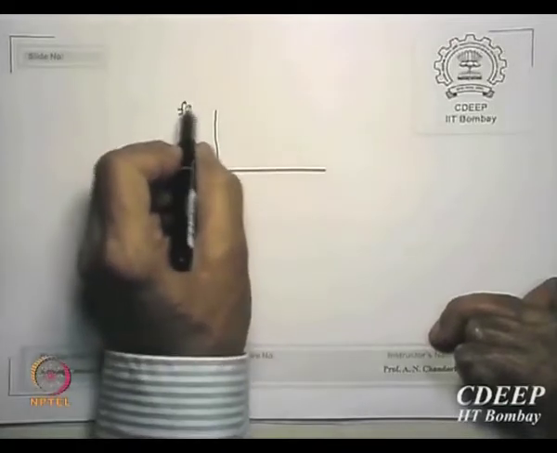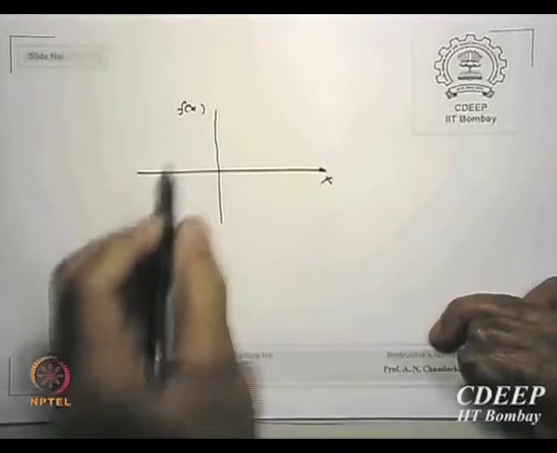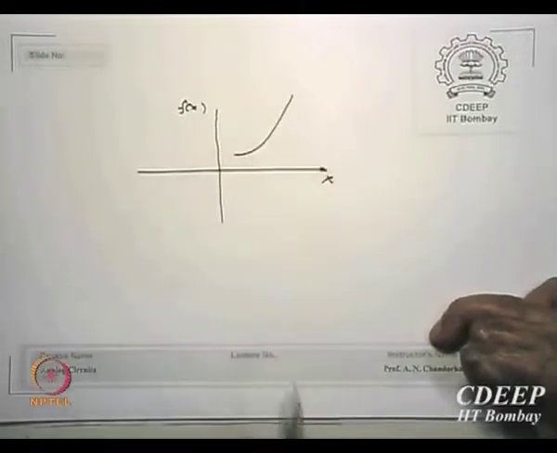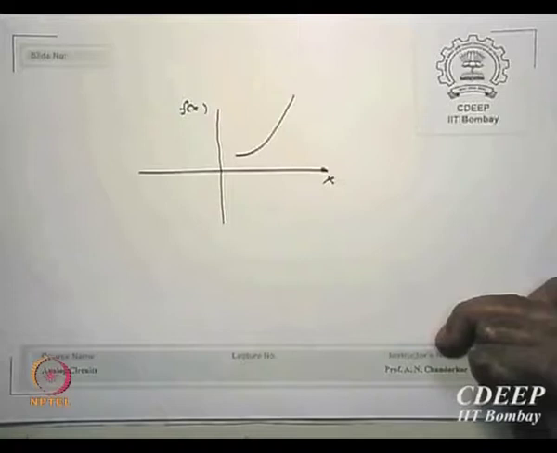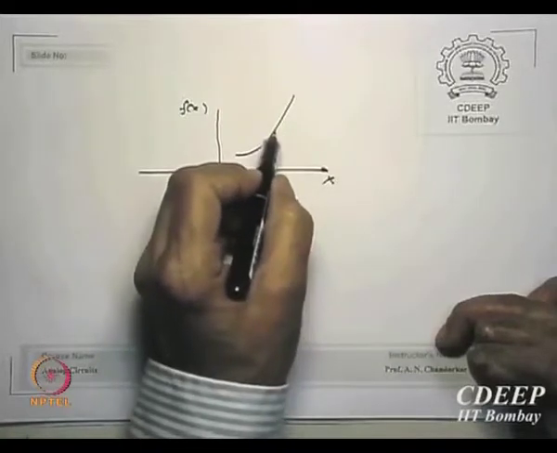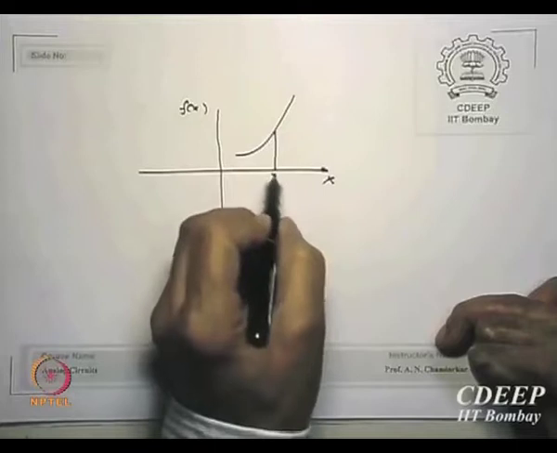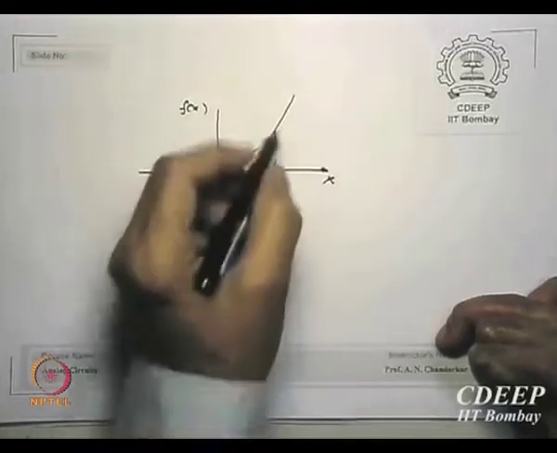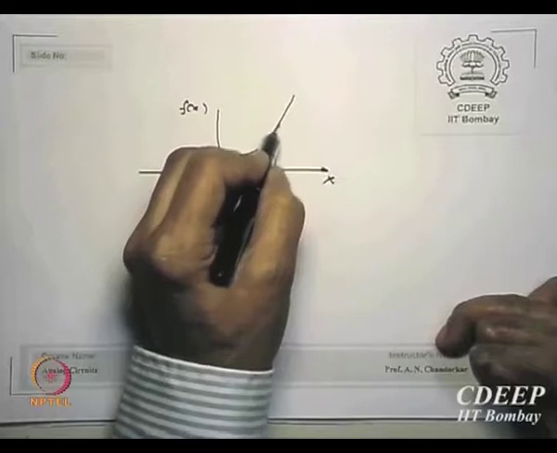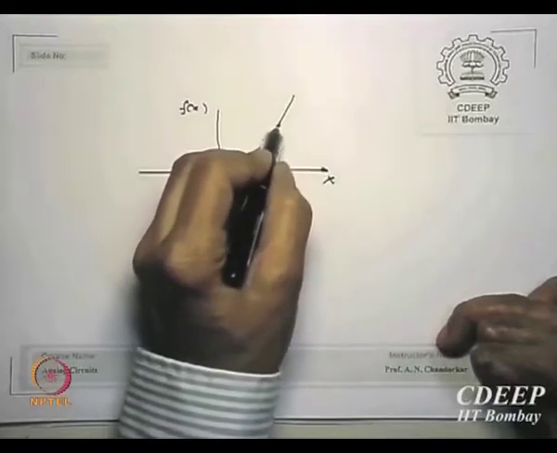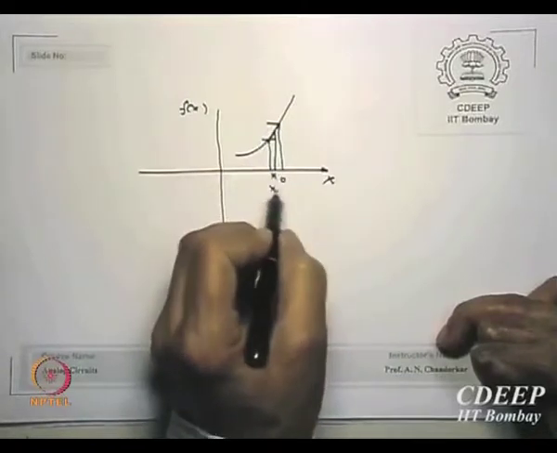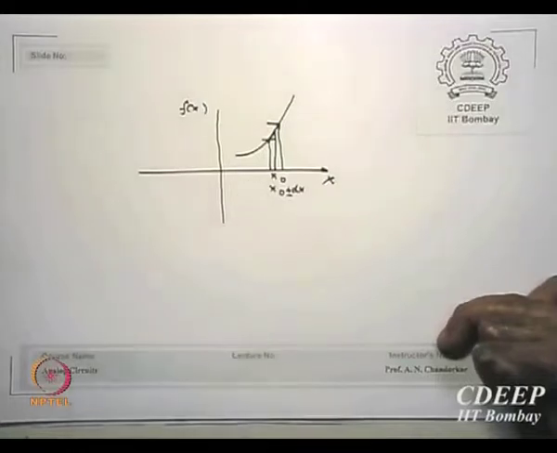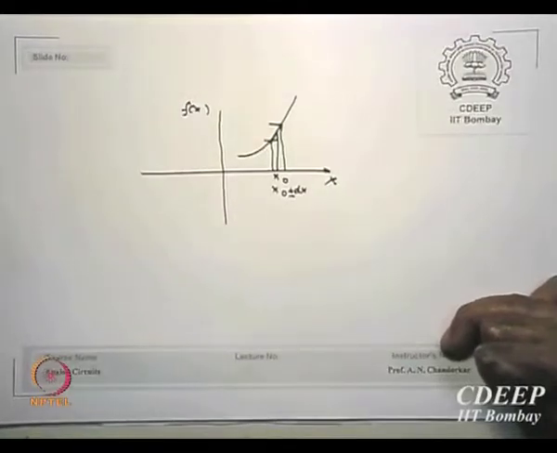Say I have a function f(x) versus x, and it has a nonlinear relationship. If you look very carefully, let's say I fix a value of x0 here and I take a slope at this point. For a small variation between x0 and x0 plus or minus dx, if I see linearity maintained, then